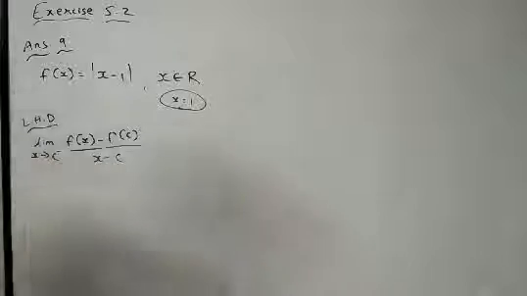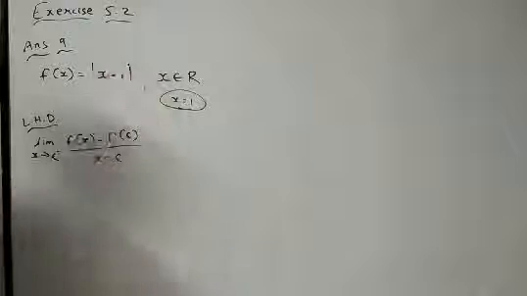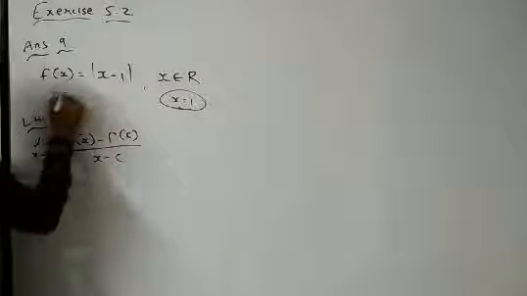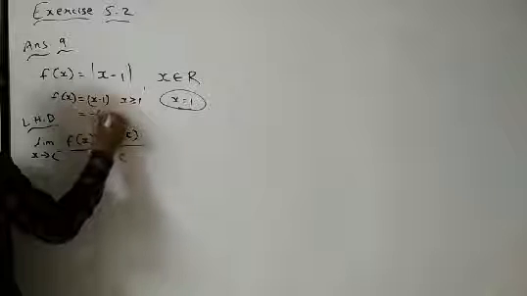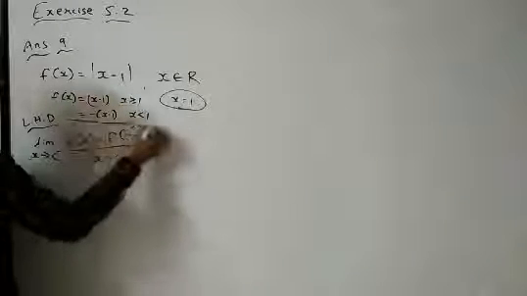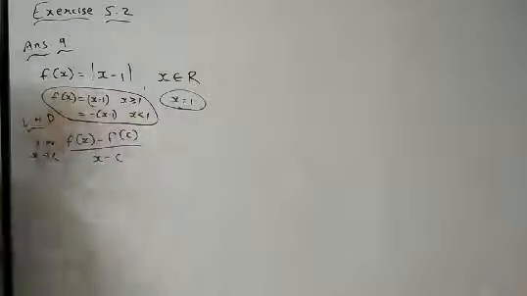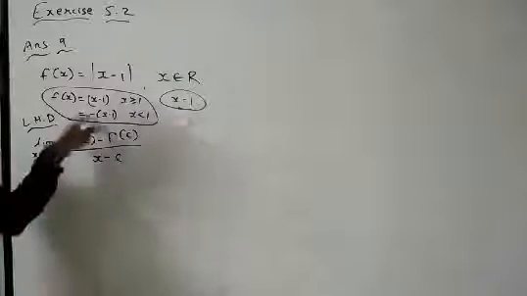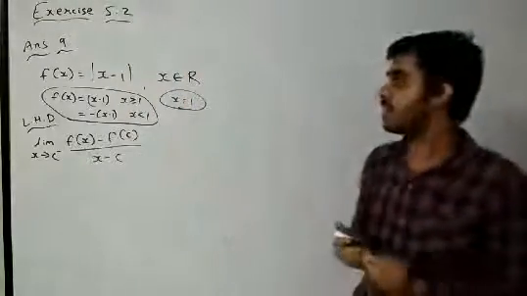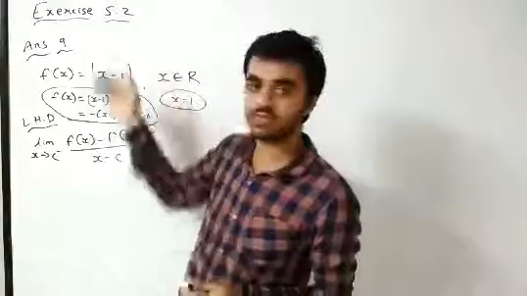So here at x equal to 1, but before going ahead, we know that this function we can write this way, since modulus is there. So f of x will have two values: it is x minus 1 only when x is greater than or equal to 1, and minus of x minus 1 when x is less than 1. Clear? This will be our required function. These both are the same because we have removed the modulus.